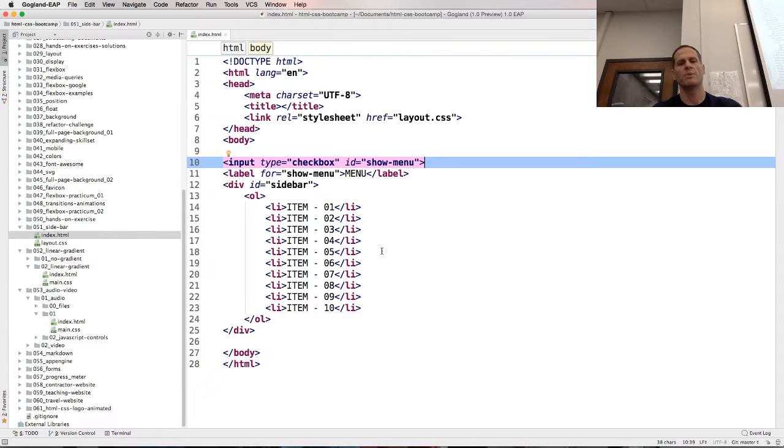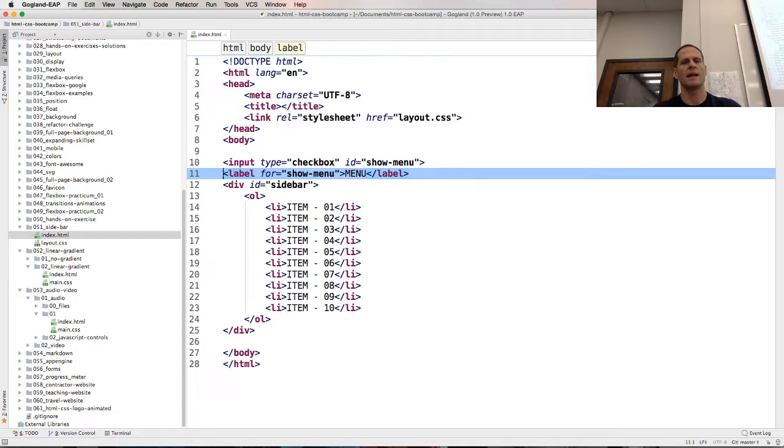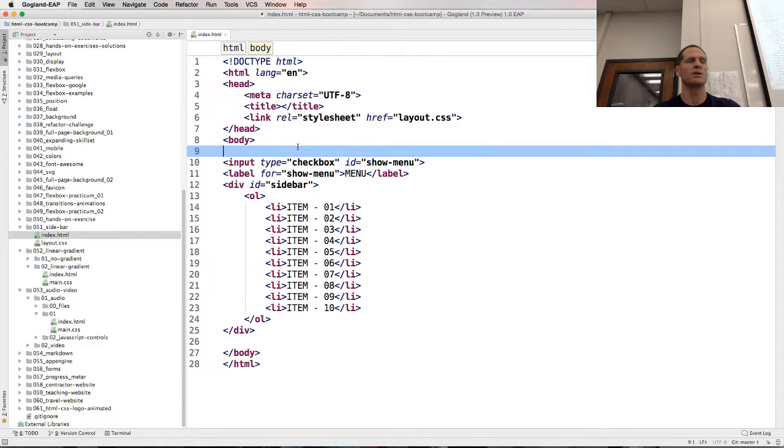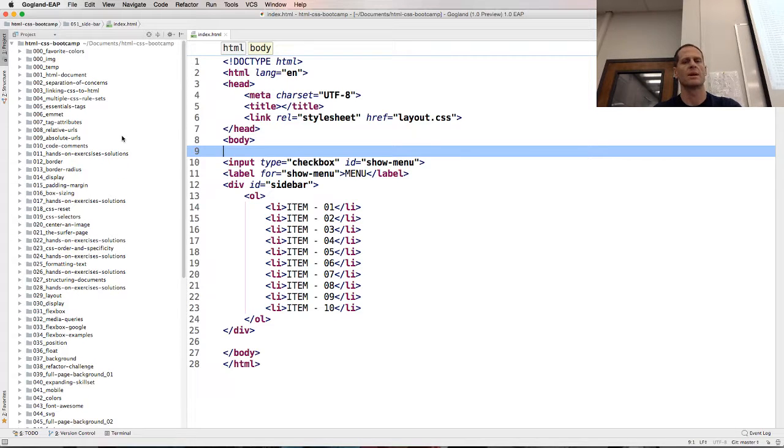So we put an input right here, and we say type is checkbox, and the ID is show menu. And then we have a label associated with that input. So we haven't looked at forms yet. And with a form,